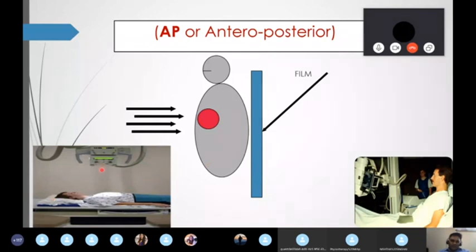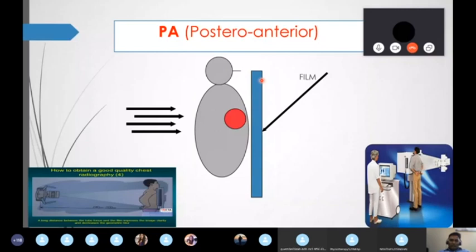Same thing here. In AP, the rays hit first on the anterior surface. That's why the structures look very big. Understand? So always keep in mind, in AP the heart looks very big, because the rays hit directly on the anterior surface, and only then on the posterior, where the film is. But come to the PA view. Let's see the PA view. The film is here, and the rays are hitting from such a far distance. How far? Six feet. Most of the time, most patients who go to the X-ray department go for a PA view. So the X-ray source is in the posterior, and the rays hit the anterior surface. That's the reason in PA the heart looks very well clear, with clear borders. Understand? That's a very, very important point you have to keep in mind.